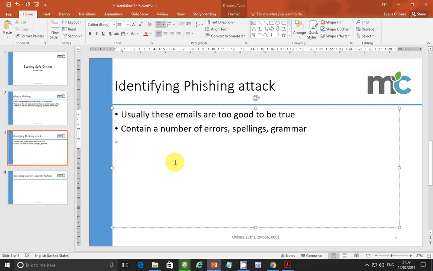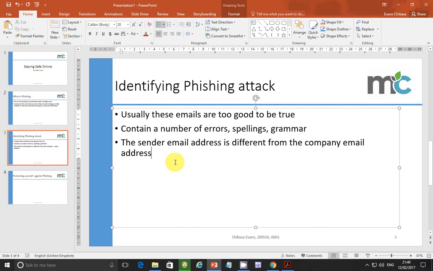And the other thing that you notice about these phishing attack emails is that the sender email address is different from the company email domain, if you want to address. What this means is that they use what are known as generic email addresses, things like, let's say, for example,